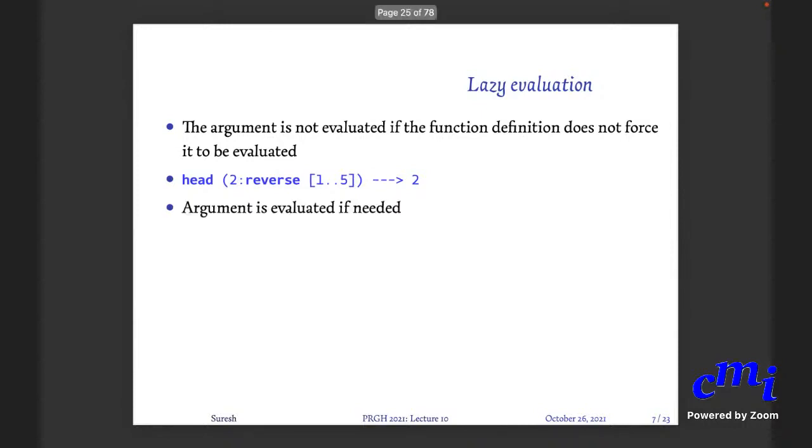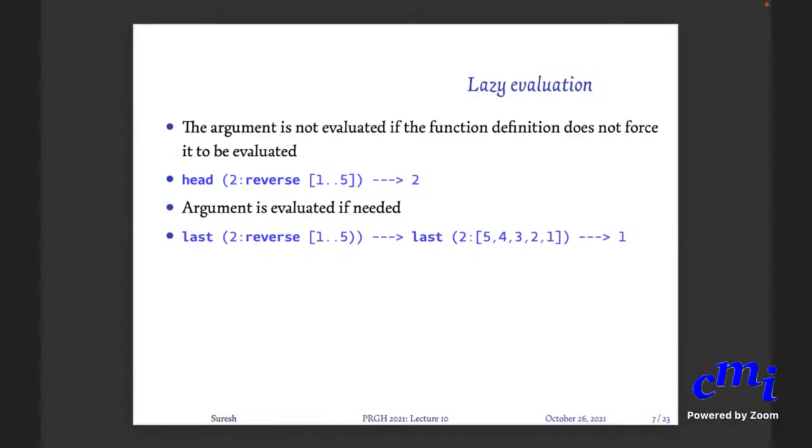Similarly, 2:reverse [1..5] is an expression whose value is a list, but it is of the form x:xs, and you are supposed to return the x part. Your argument is evaluated only if needed. For instance, if instead of head I ask for last of 2:reverse [1..5], then you would actually have to evaluate it. The definition of last says first of all last of the singleton list [x] equals x.